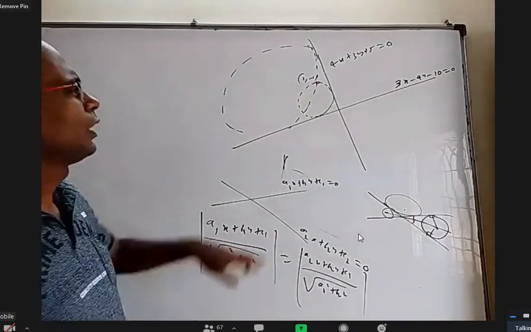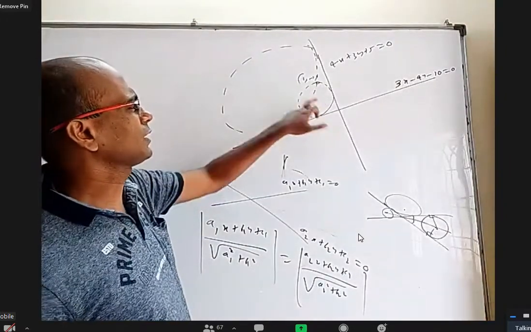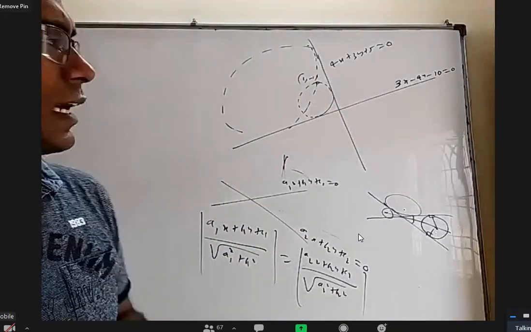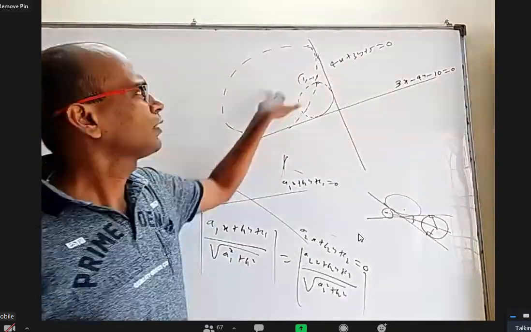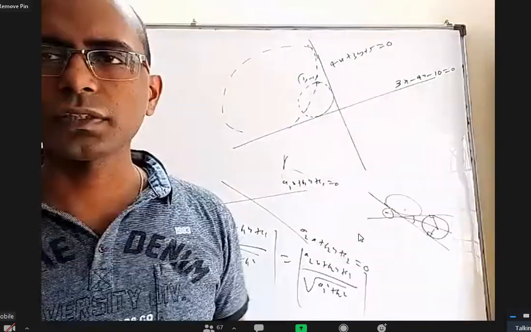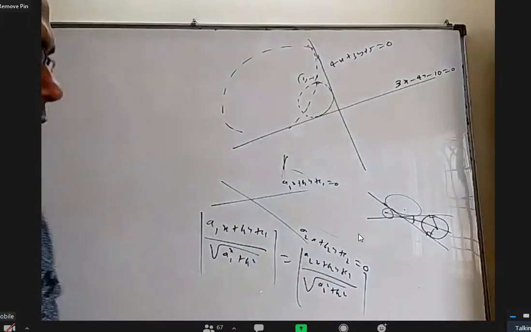Now definitely this circle and this circle, their centers have to be on the angular bisector. Even if you don't realize that, take the center as (h, k), find the perpendicular distance to this and the perpendicular distance to this. That's how you are going to get a condition. What you're going to get is exactly that.